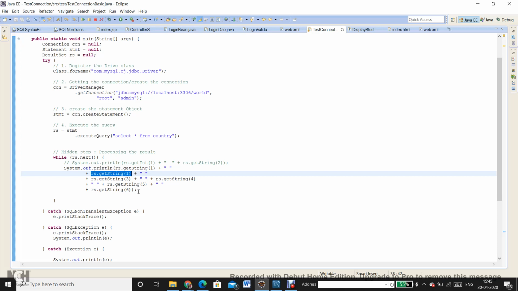So still, whether we use the index position or the overloaded version, which gives you the flexibility of using the name of the column as a string value to specify which column you want to access, we are still in the situation that we need to mention the data type correctly, with certain limitations.